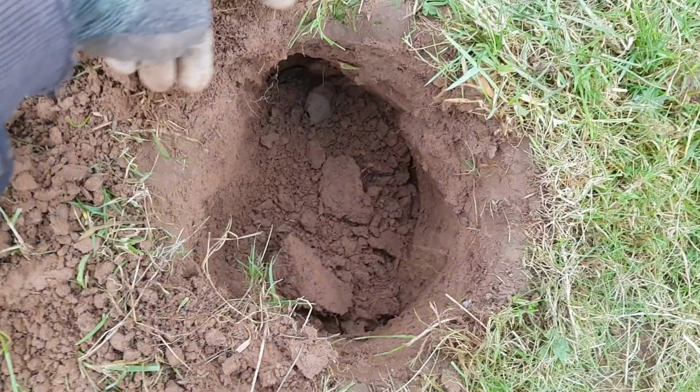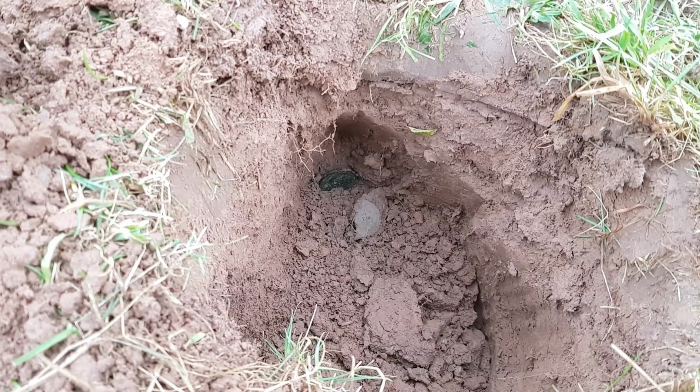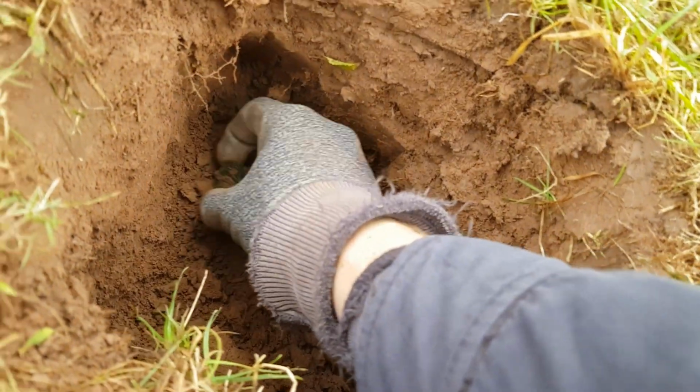Oh, I dug this hole way off here. Look, I had to dig it that way, but look, it was right on its side like that. It hasn't fallen or anything. That's how it was. You can probably see the imprint on the back there. But